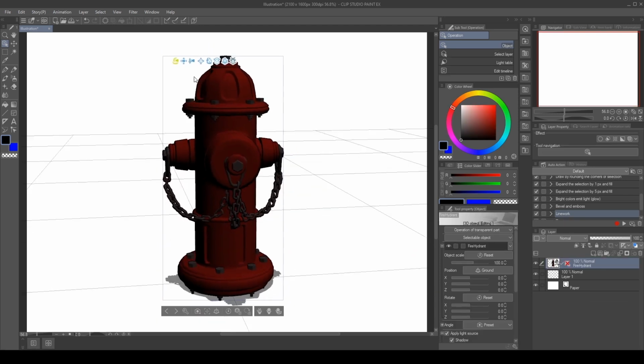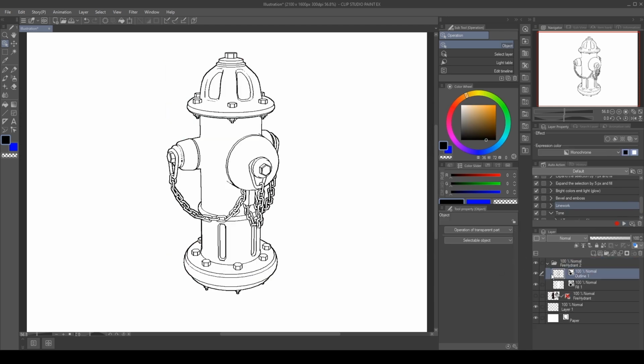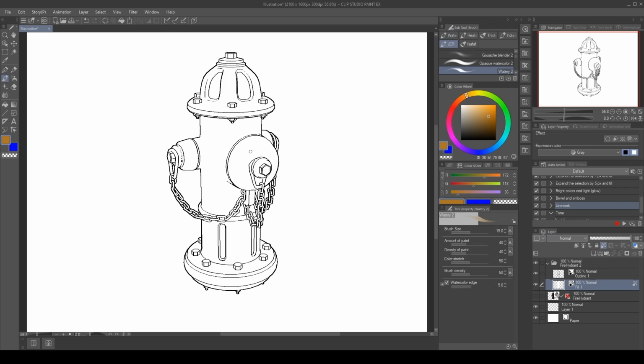So to recap the process for illustration purposes, we import our 3D file. Now we have a nice script. We can just run our script, get some line work. And if you recall, we're going to have a line work layer and a fill layer. And what we want to do with this fill layer is click this button, lock transparent pixels. And what that is going to allow us to do is paint on this layer without spilling over the edge. And actually, I just need to convert the color expression to color. And now you can begin painting.